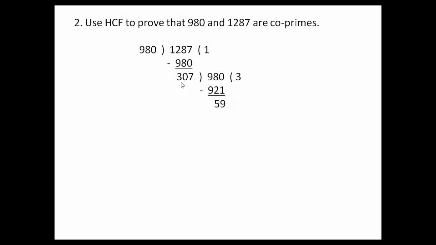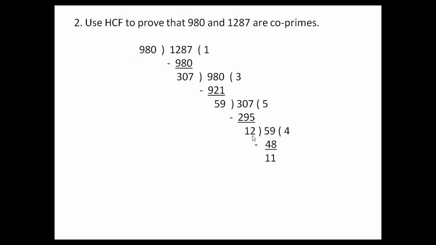Now 59, now let's bring this divisor here as the dividend. So 59, 307 divided by 59 now. So 59 5s are 295, which will give us 12. Now still there is a remainder, so again bring the divisor from here to make it a dividend. So 12, how many times 12? 4s are 48, that will give us 11.